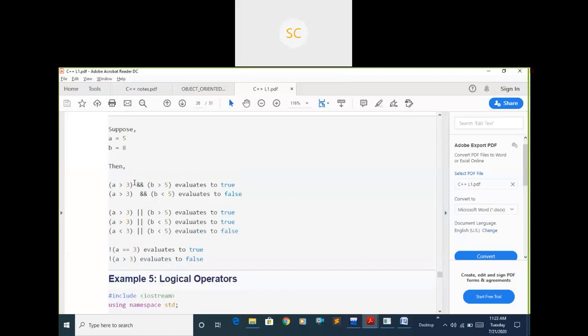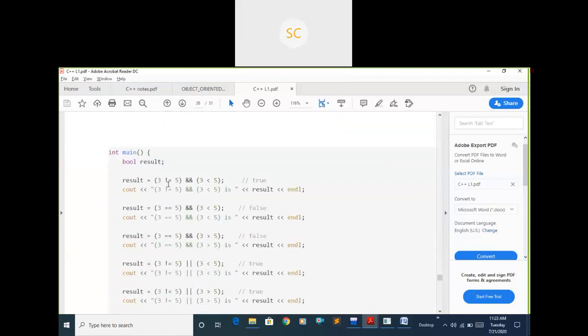Just observe here. If you observe this program, you will get some idea. Here I have result, a boolean variable to store either true or false. Here you can see 3 not equals to 5 means the condition is true, and 3 less than 5 is also true. Finally you will get true as the output.